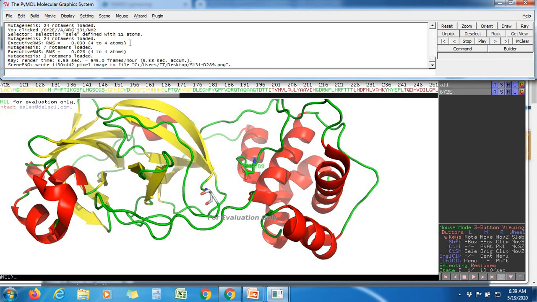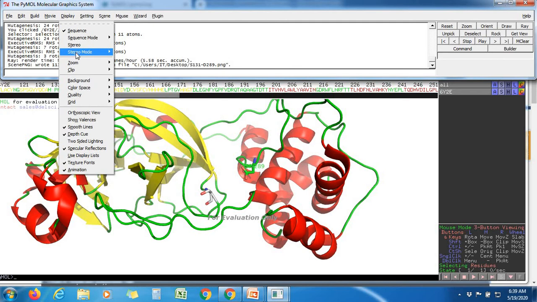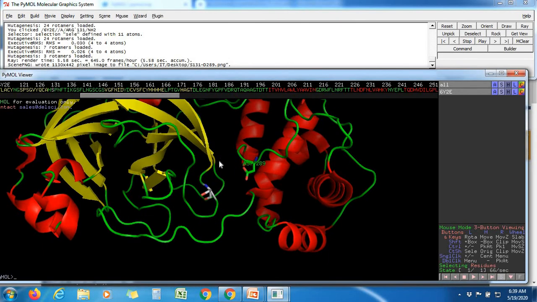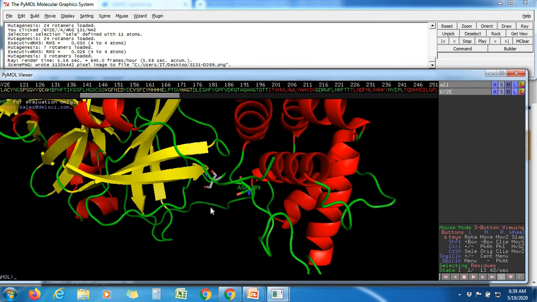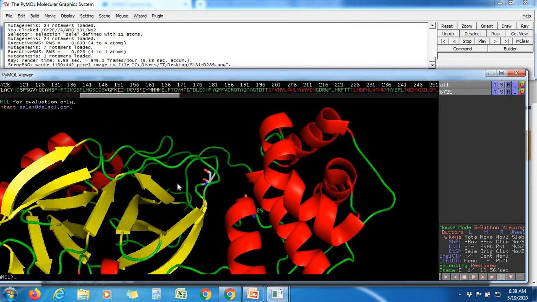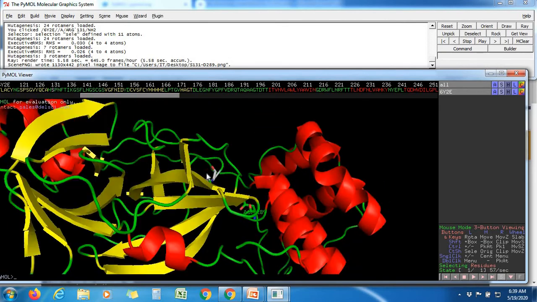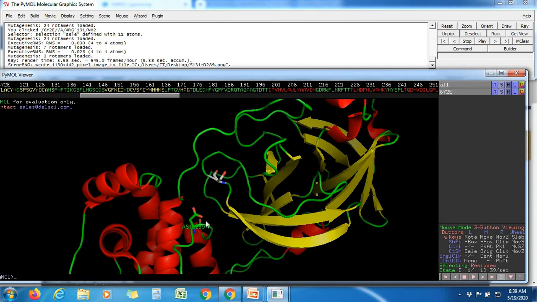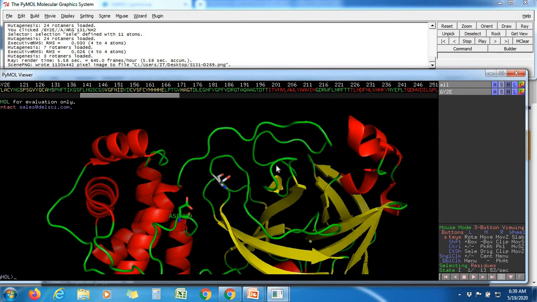So these are the things that people normally do in PyMol. Apart from this, if you have the licensed version, you will have more features. That will be very helpful for people who work in structural biology. You will get very good images, and you can highlight the residues also.